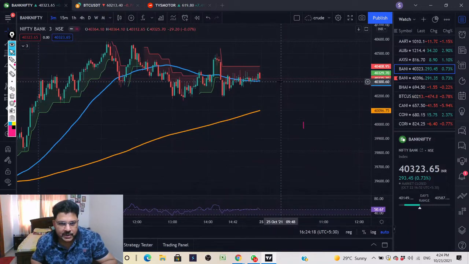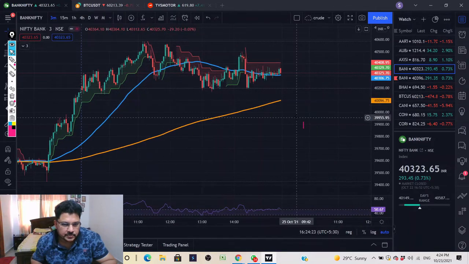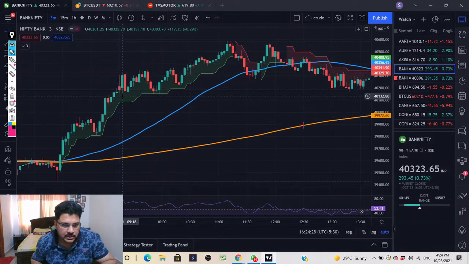So Bank Nifty, as I mentioned, the points where you can take an entry. For example, this day, let's analyze this day. This is the start of the day, 22nd October. First candle was red. It was away from 20, and definitely people would have shorted here, putting their stop loss here. But the very next candle, it has taken the stop loss higher. So people would have went long here with a stop loss here.